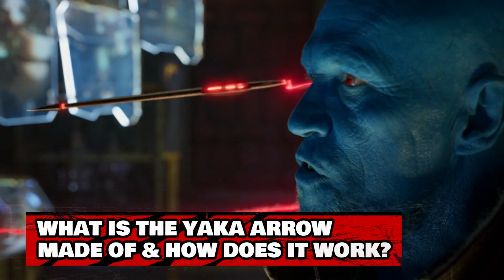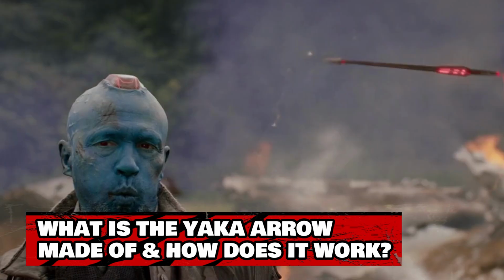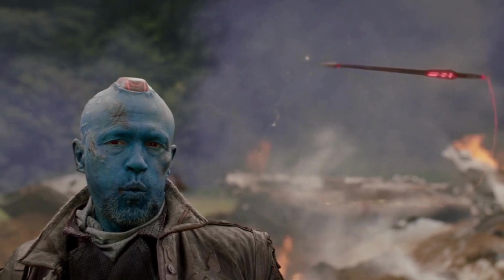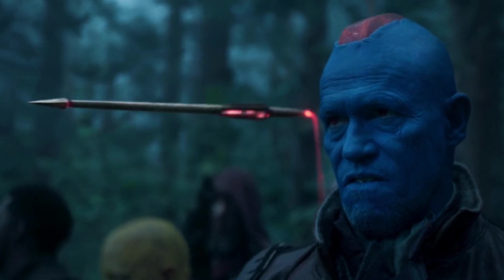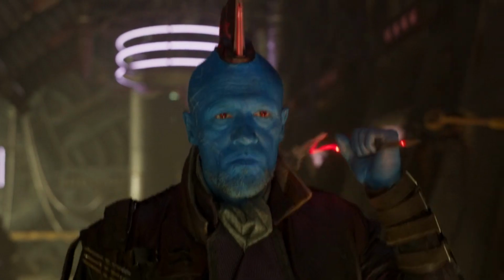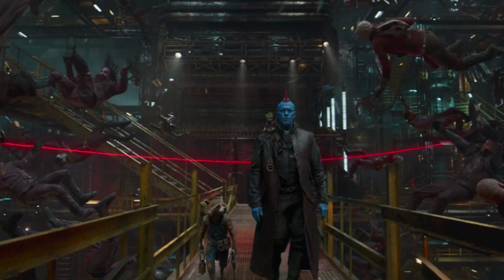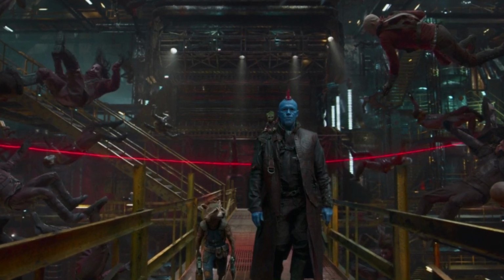What is the Yaka Arrow made of, and how does it work? The Yaka Arrow is a masterpiece, forged from one of the rarest and most remarkable metals in the Marvel Universe, Yaka, found only in Centauri 4, which, by the way, is also Yondu's homeworld. Yaka metal is known for its psionic sensitivity, meaning it can respond to specific mental or sonic commands, particularly high-frequency sounds like whistling. You see, that's the secret sauce behind the arrow's uncanny ability to change directions in a fight with perfect